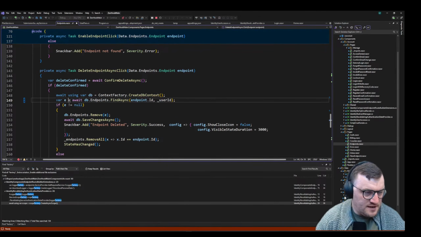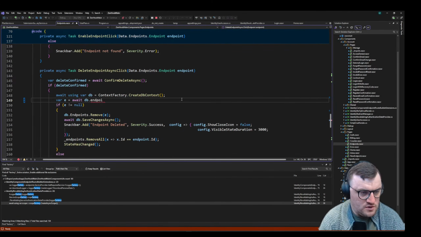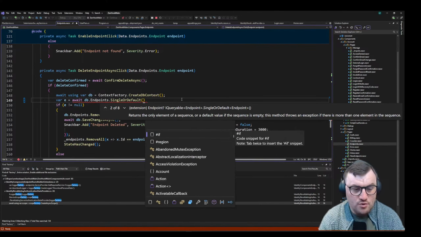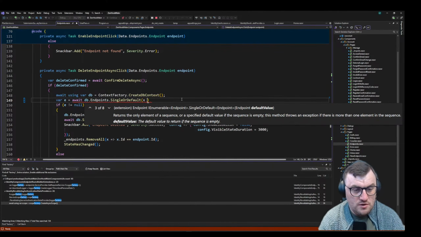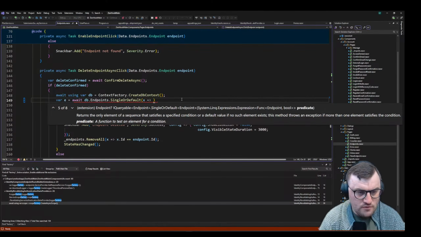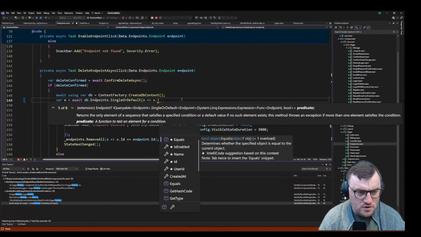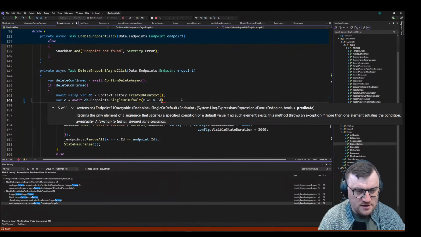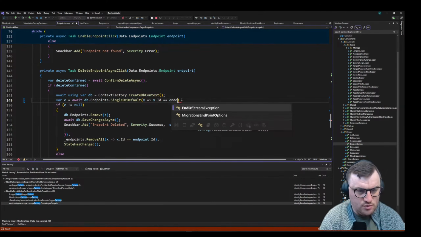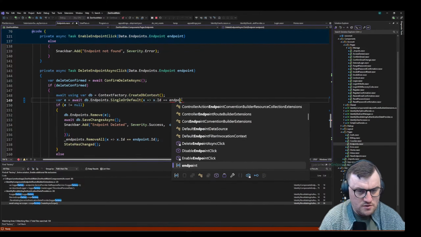So instead I could do db.endpoints dot single or default, because that will either return 1 or multiple. So then I can say x.id is equal to endpoint.id